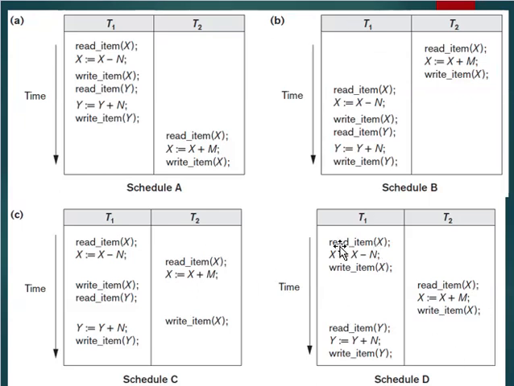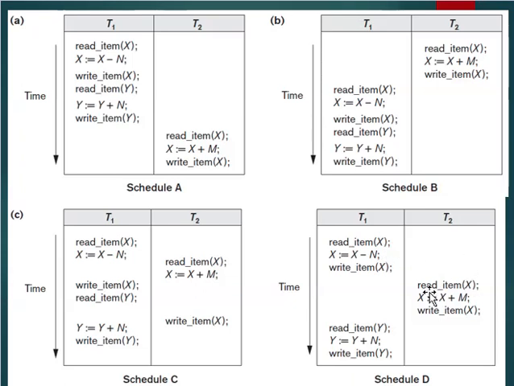Here you can see firstly we are executing some code of T1. It is also a non-serial schedule. So read item of X, then write item of X, followed by read item of X in T2. So there should be a conflict between T1 and T2 with the write item of X and read item of X. The first executed conflicting operation is in T1, so we have to start the edge from T1, and the second operation exists in T2, so you have to make the edge towards T2. So from T1 to T2 there should be an edge.